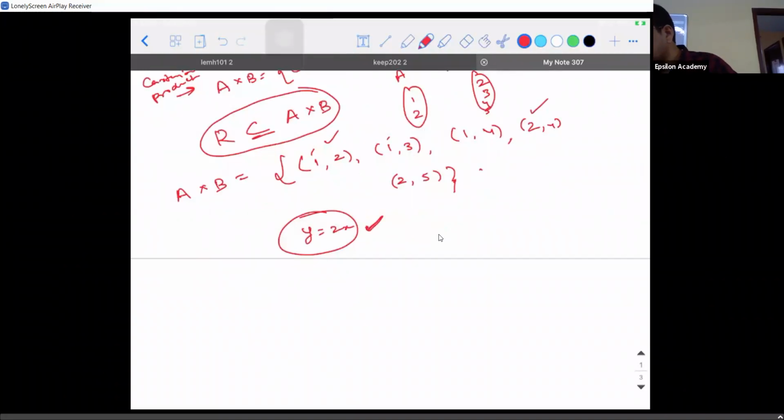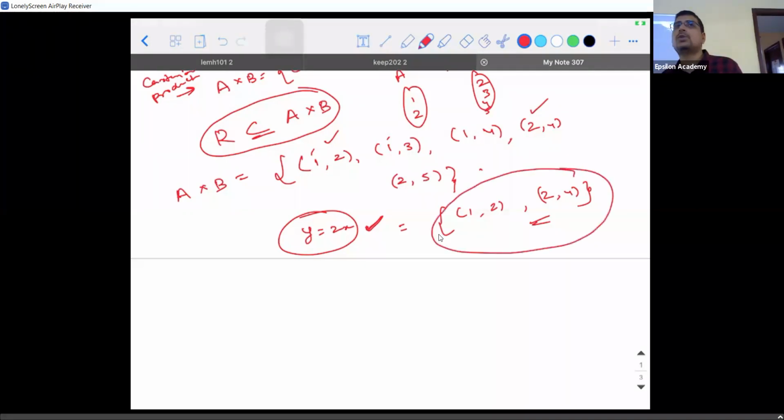For the relation y is equal to 2x, if you write the set of ordered pairs, what are you going to get? You are going to get only (1, 2) and (2, 4). Where do (1, 2) and (2, 4) come from? Is it not a subset of A cross B? Then this relation {(1, 2), (2, 4)} is what is called the relation y is equal to 2x, which is a subset of A cross B. Is there a possibility for you to frame any other relation?